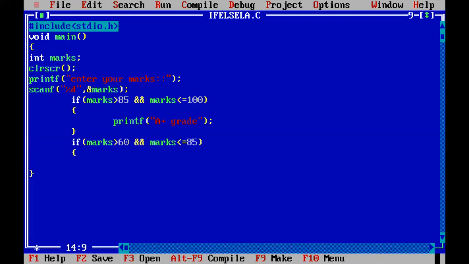So what comes here? A grade. Again, if I write if, it will show an error. Then I need to write else if here.